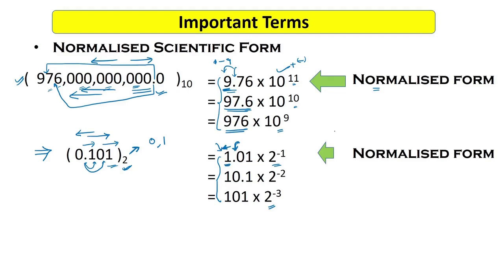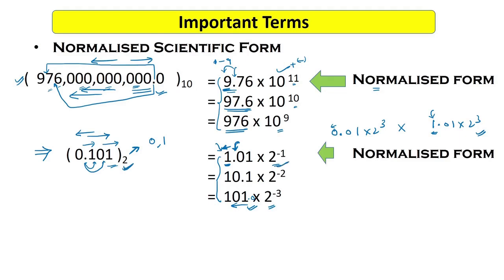So for example, we have, let's say, 0.01 into 2 to the power, let's say, 3. This is not a normalized form because on the left side of this decimal point we have this 0, okay? For example, if it were 1.01 into 2 to the power 3, then this is a normalized form. Why? Because on the left side of this decimal we have this 1, okay? But here you can see this is not a normalized form. Why? Because if you treat this as 0.0, then on the left side we have 3 digits. We do not want 3 digits in the normalized form. We want only a single digit, and it should be only 1 in the case of the binary form, okay?